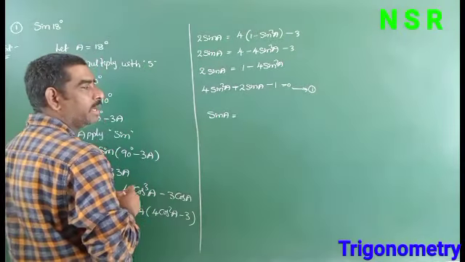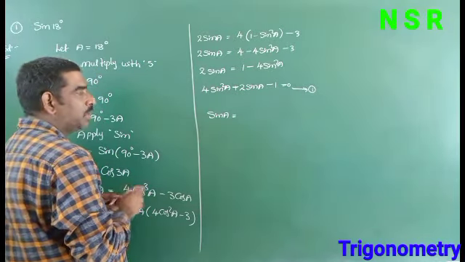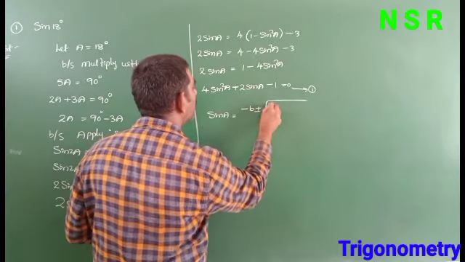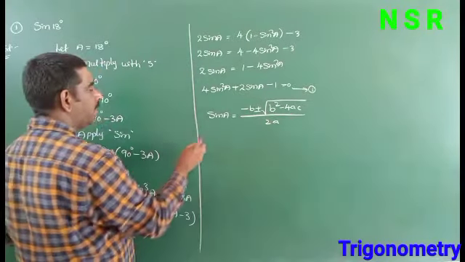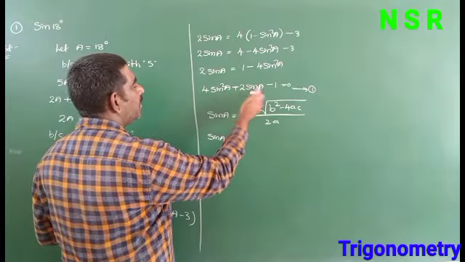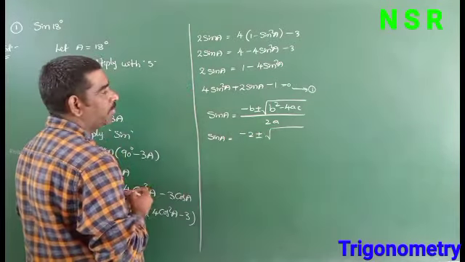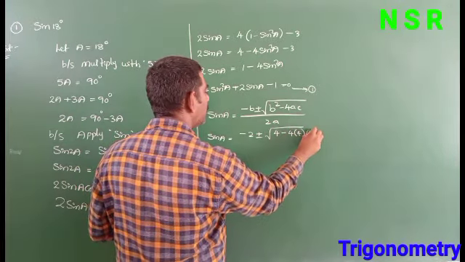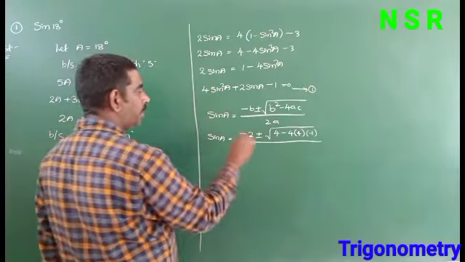If we are finding x, we can write x is equal to minus b plus or minus under root of b square minus 4ac by 2a. So here we are finding sin a, so write sin a equal to minus b plus or minus under root of b square minus 4ac by 2a. In place of x, sin a is there. So now sin a equal to, here a value 4, b value 2, c value minus 1, substitute here: minus 2 plus or minus square root of b square, 2 square 4, minus 4ac, 4 into 4 into minus 1, by 2 into a, 2 into 4 is 8.